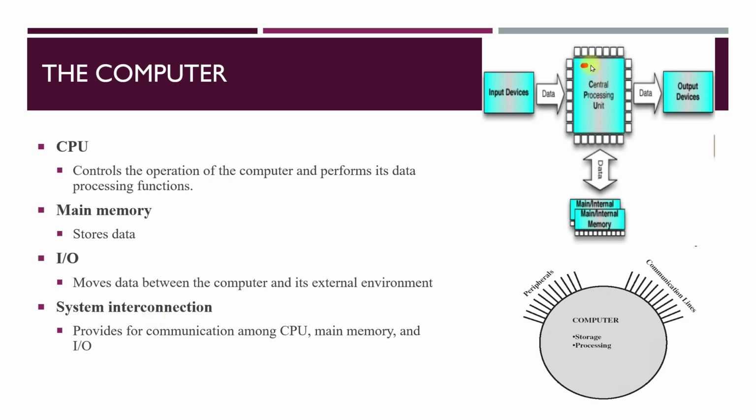Here you can see that the CPU is the heart of the computer system. We have input devices which give the input to the CPU, and once things are processed, you get the output in the output devices. If you have to store some data, we use the memory, like the main memory or secondary memory, for storing data. So always remember that a computer is a device which is used for storing and processing of data. We'll go to the next slide.